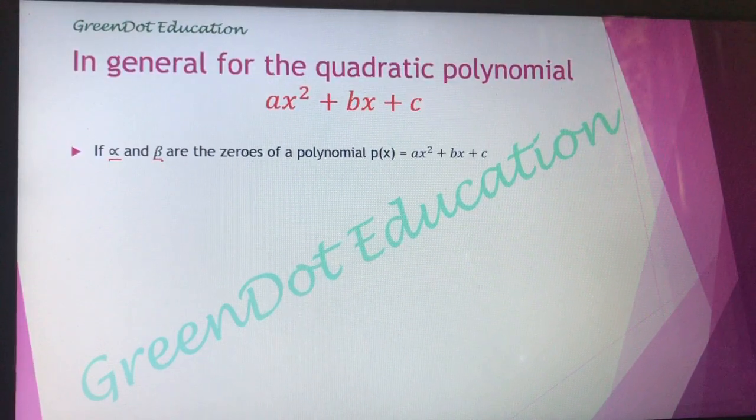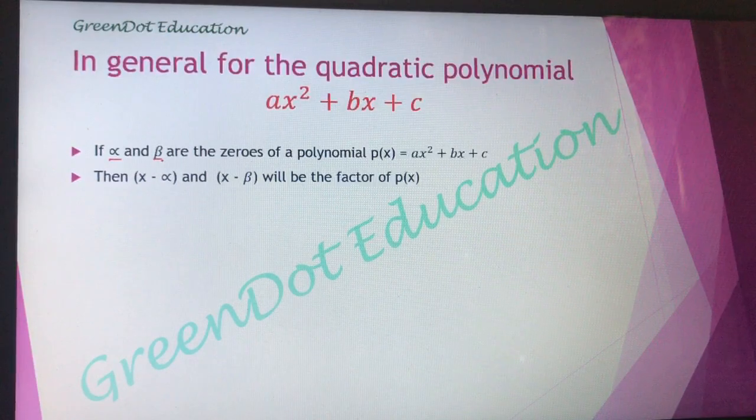If alpha and beta are the zeros of the polynomial ax square plus bx plus c, then we know that x minus alpha and x minus beta will be the factors of p(x), that is the polynomial ax square plus bx plus c. As these are the factors, we can express the quadratic polynomial as the product of